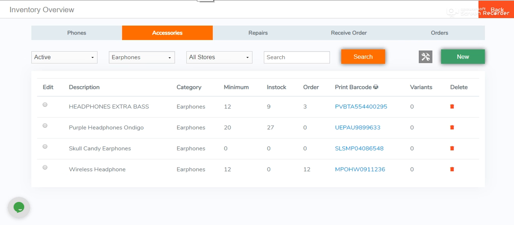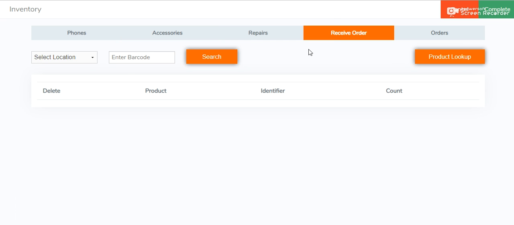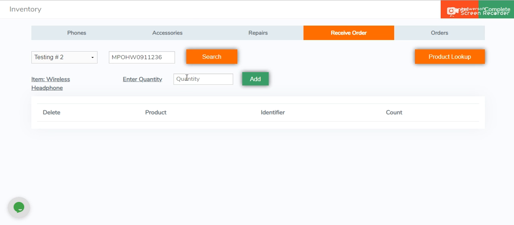Once you guys have completed those steps, you want to go ahead and jump onto the receiving order module, which is right next to repairs. You're going to scan the SKU off the accessory, where the software is going to automatically pick up the model, but don't forget to select the location that you're bringing these to. Once you do that, you're simply going to count the amount. So say you brought in about 15. You want to type that in,